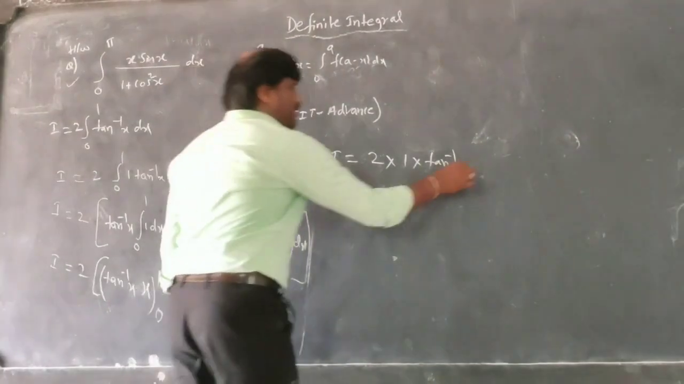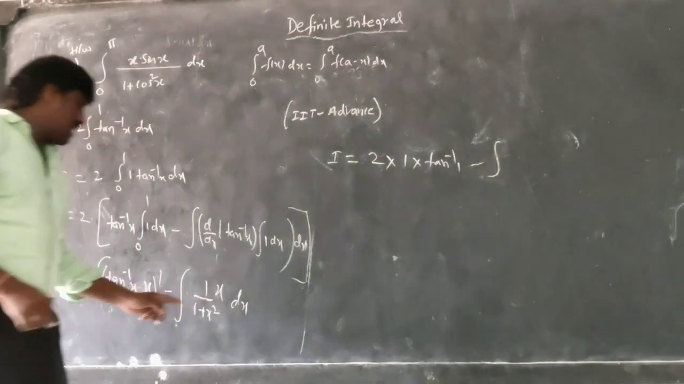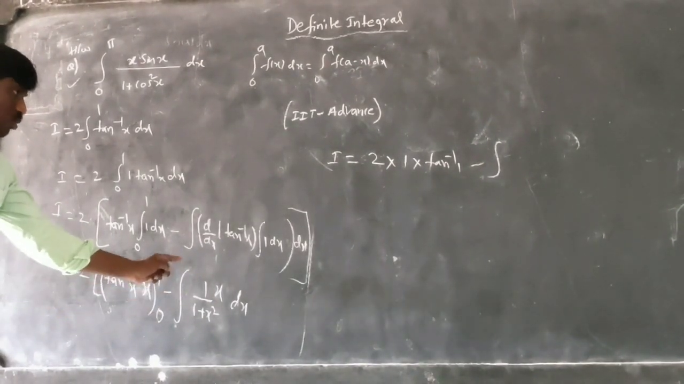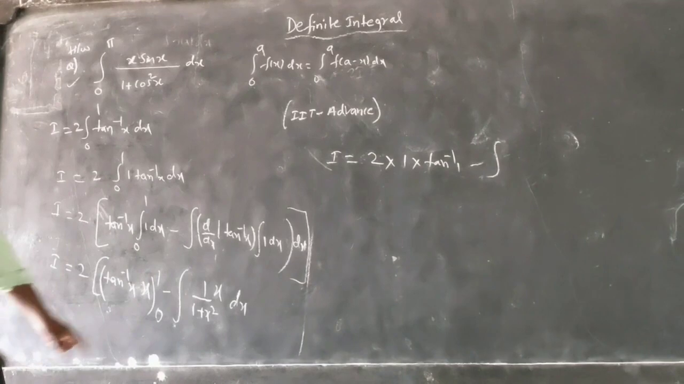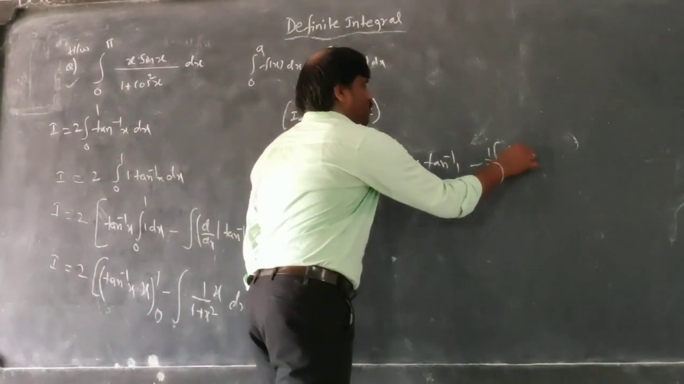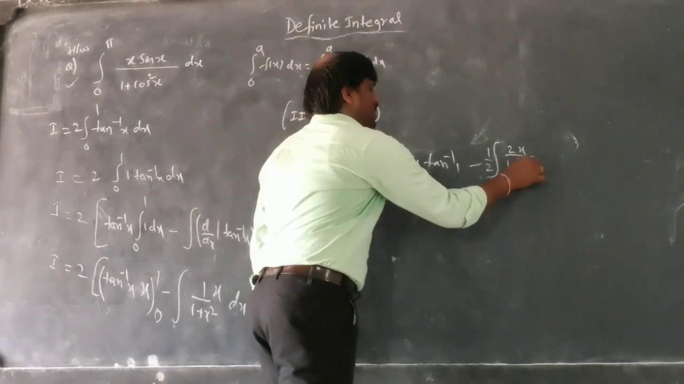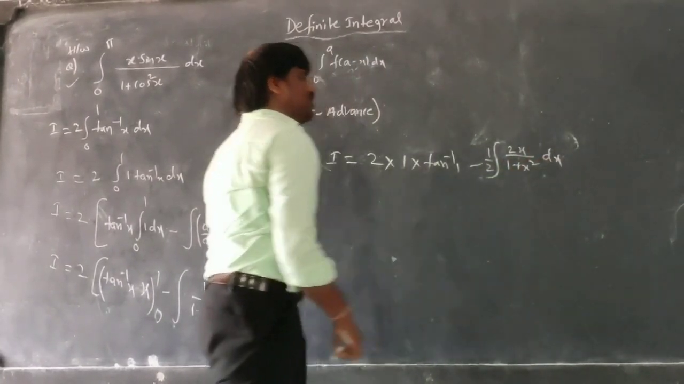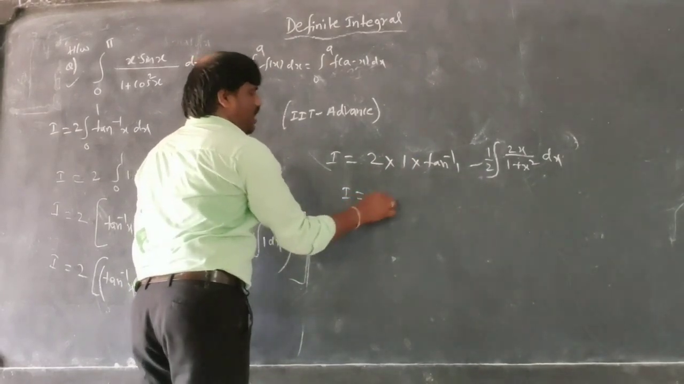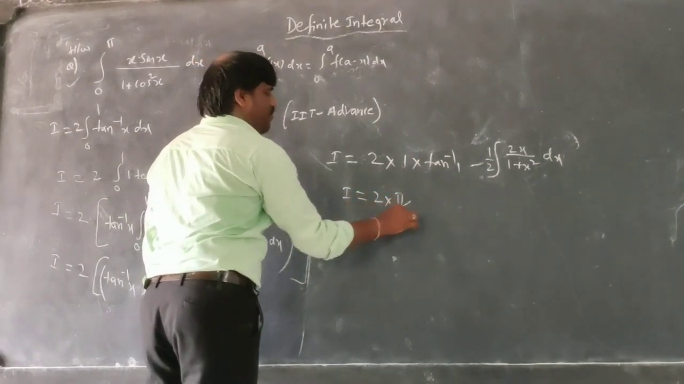Minus the integration of x upon 1 plus x square. To deal with this, multiply by 2 and divide by 2, so we have 2x over 1 plus x square, dx. Why did I do this? Easily. So I is equal to 2 into, tan inverse 1 is pi by 4,